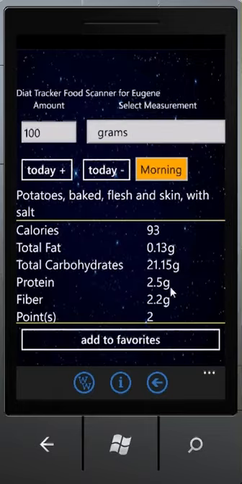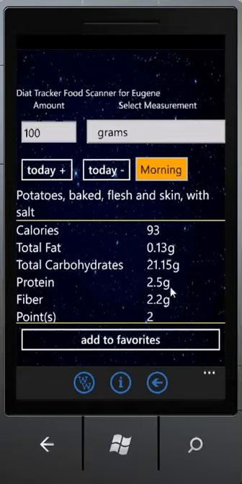So if I click on it, it gets selected, it brings me to the screen. Following that, like you see, it brings all the nutrition, and I can add it to favorites. In other words, that item will be in my favorites,